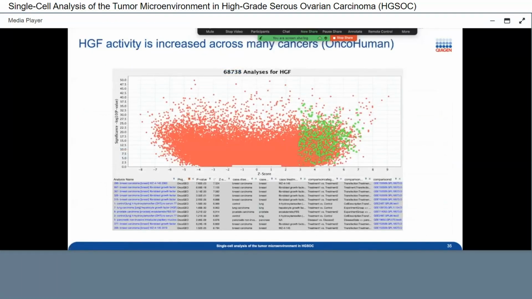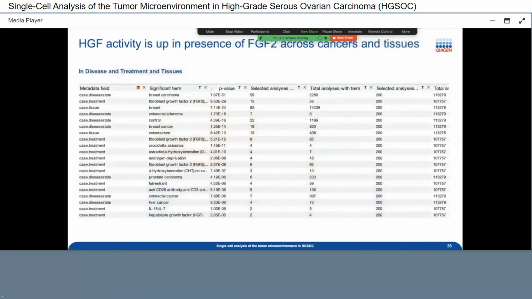But let's go back to Activity Plot. I'm asking the question, when is HGF increased? So I specifically asked the question, when is it increased in cancer? I selected the database called OncoGEO, again, coming from Land Explorer, which is the web version of Microsoft, and that's the only filter. All these bunch which are in green have a very high Z-score, showing that HGF as an upstream regulator is predicted to be activated, and this is the bunch of data sets we have. Simple. I'm going to look at the metadata.